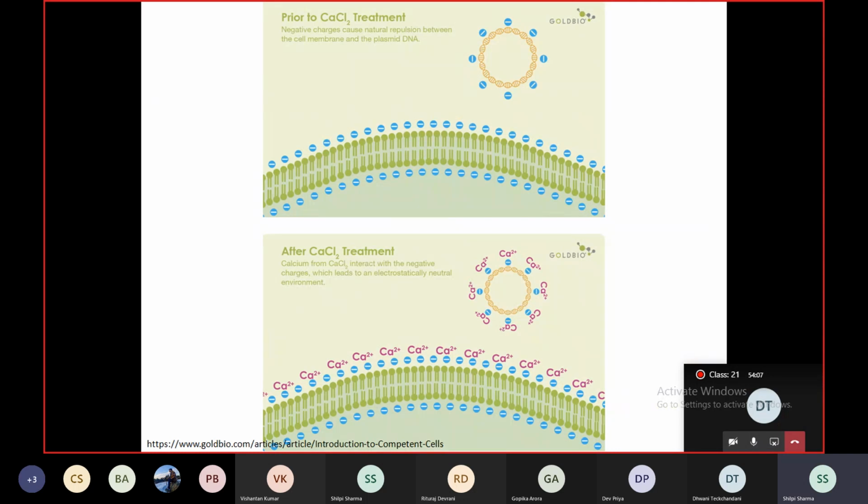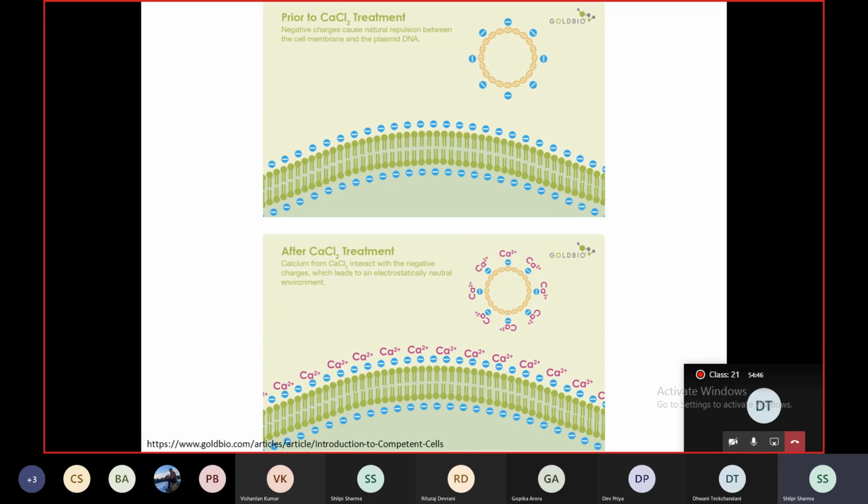Now, chemical induction involves incubating the cells in a solution containing divalent cations. Most commonly, calcium chloride is used under cold conditions, which is then exposed to a pulse of heat. So a heat shock is then applied. The mechanism of the uptake via chemically induced competence is not very clear. The surface of the bacteria is negatively charged due to phospholipids and also due to LPS on its cell surface. And the DNA is also negatively charged. So basically, one function would be to shield the charges, facilitating uptake of DNA.